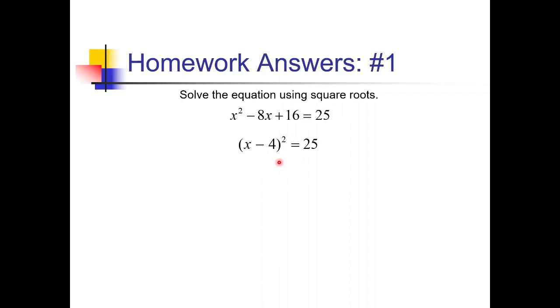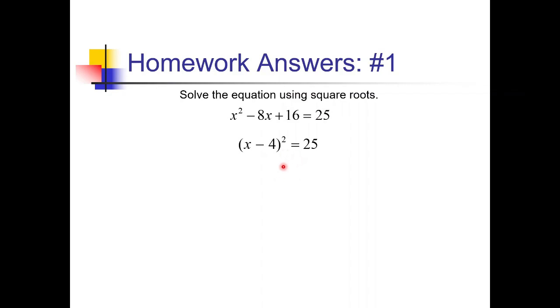Now, if you want to check to make sure you factored this correctly, you can multiply these two terms in here together and double it. If we do 2 times x times negative 4, it does become negative 8x, so that tells us we did this correctly. Now that we've got 1/2 of the equation as a squared binomial, we can take the square root